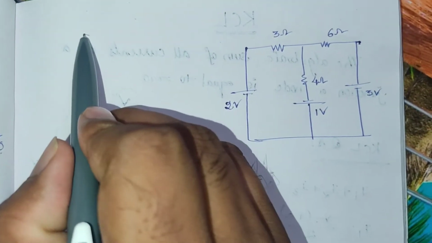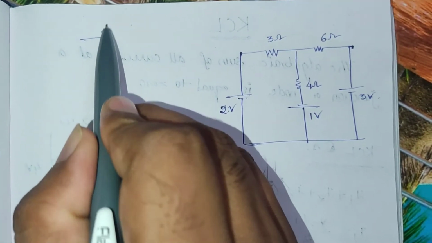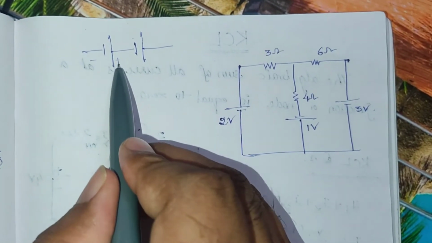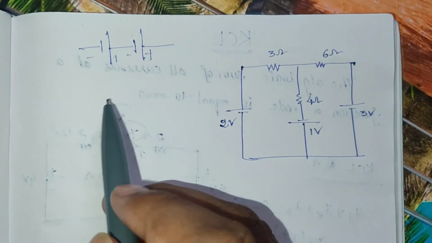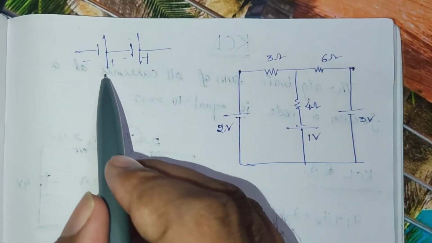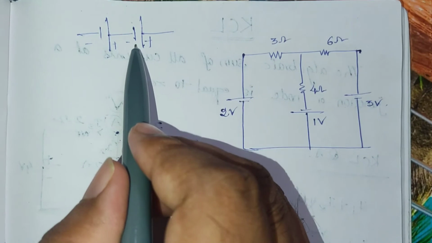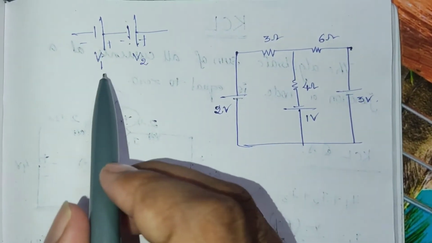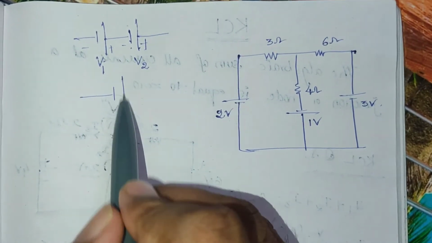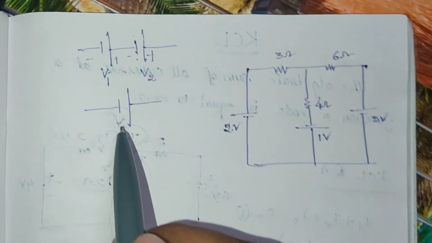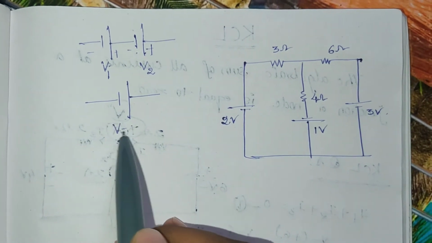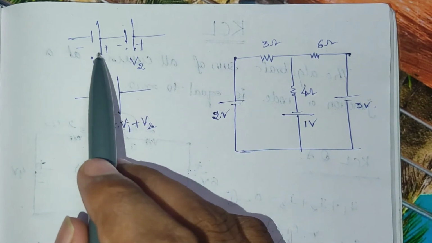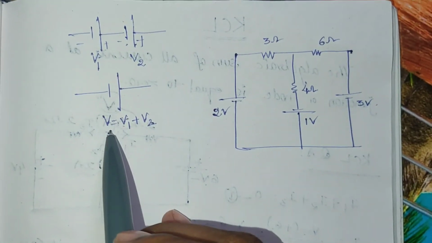The thing to remember here is, let us consider there are 2 batteries connected in series like this. These are 2 batteries, voltage sources, minus plus and minus plus. You can see that the positive terminal of one battery is connected to the negative terminal of the second battery. Let us assume one has voltage V1 and the other has voltage V2. The overall combination can be replaced with one voltage source with effective voltage V equal to V1 plus V2. Since the positive terminal is connected to the negative terminal, the voltages add up.